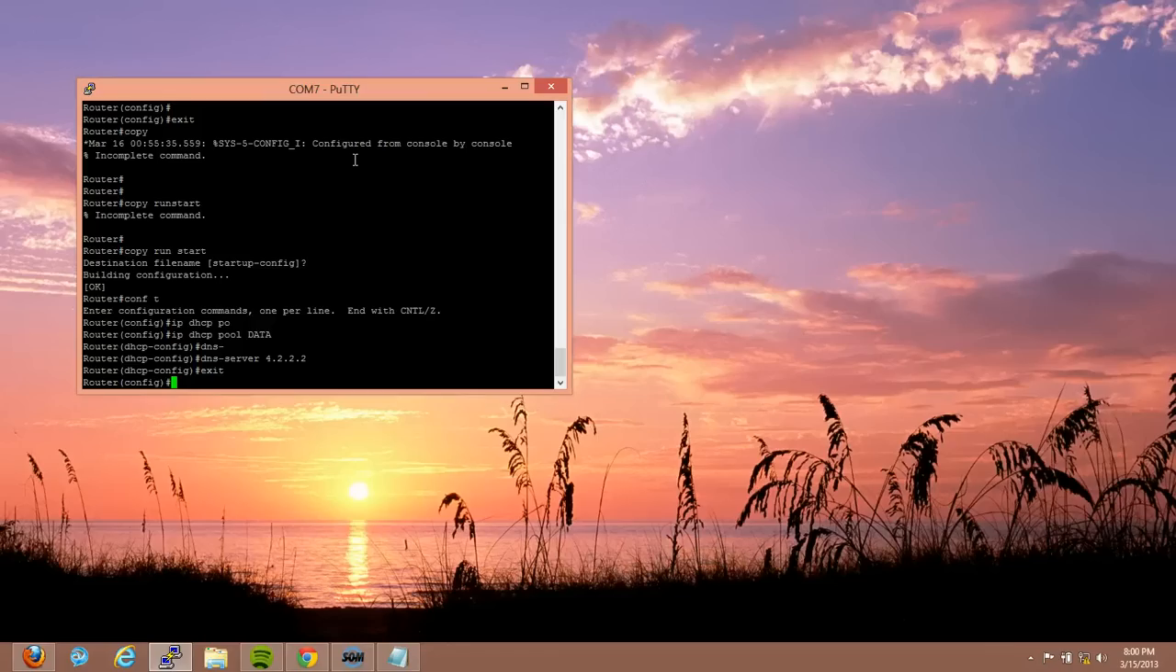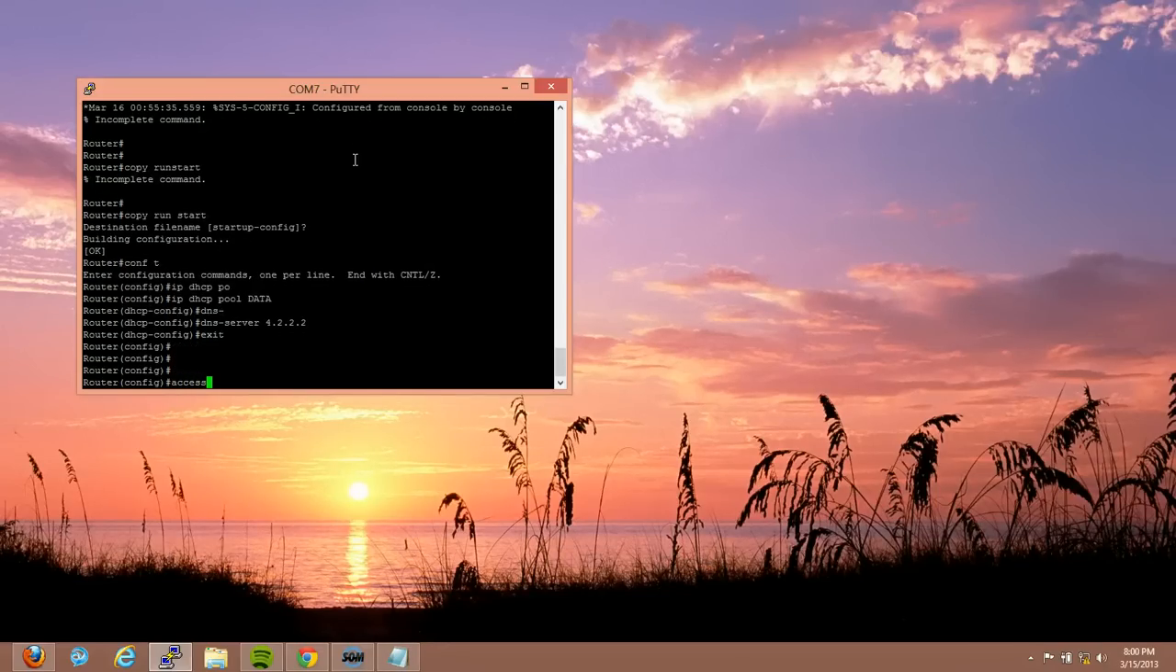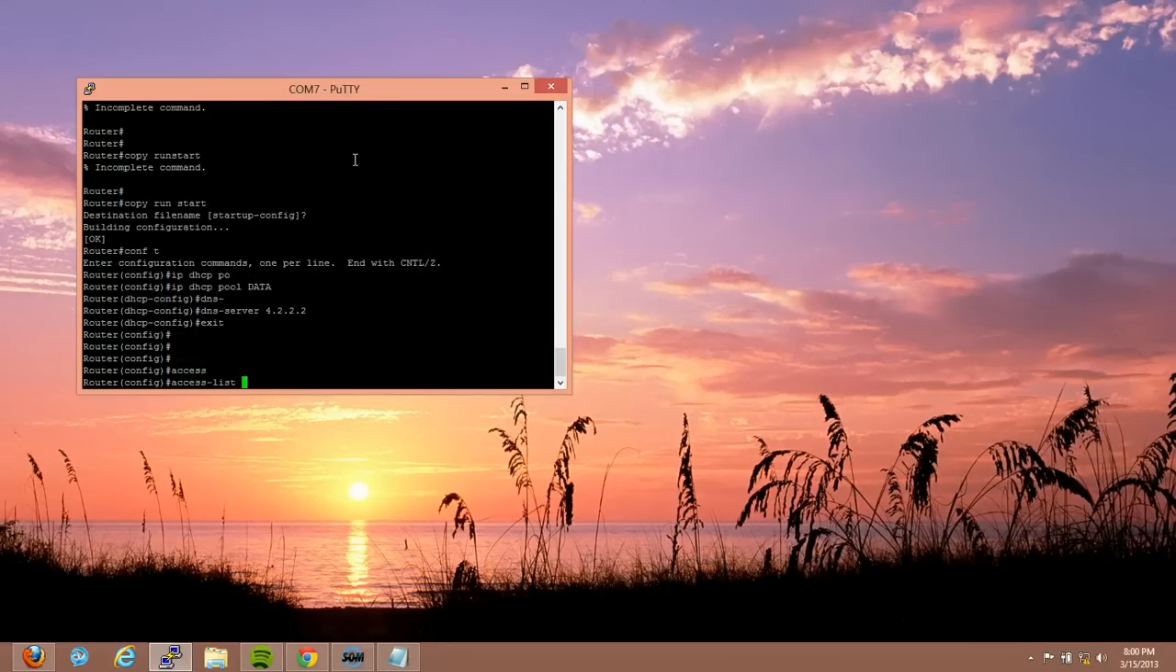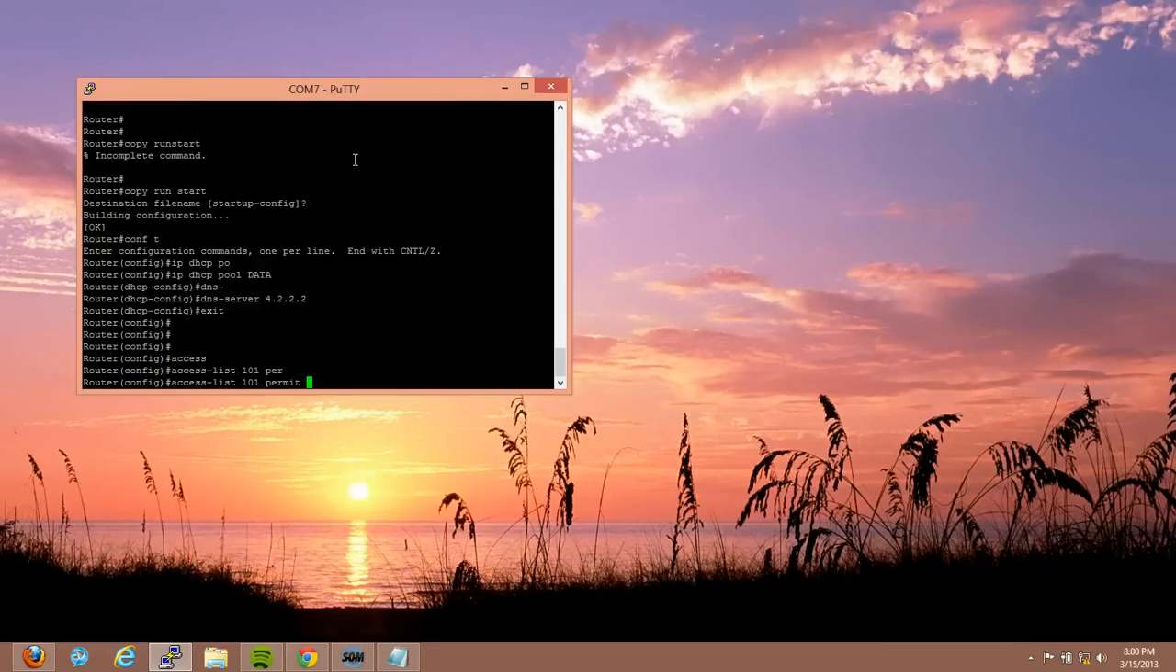Now the fun part, access lists. So what we need to do is configure an access list for our network. So access-list 101 permit ip and anything on this network, which is that, and with a wildcard mask of